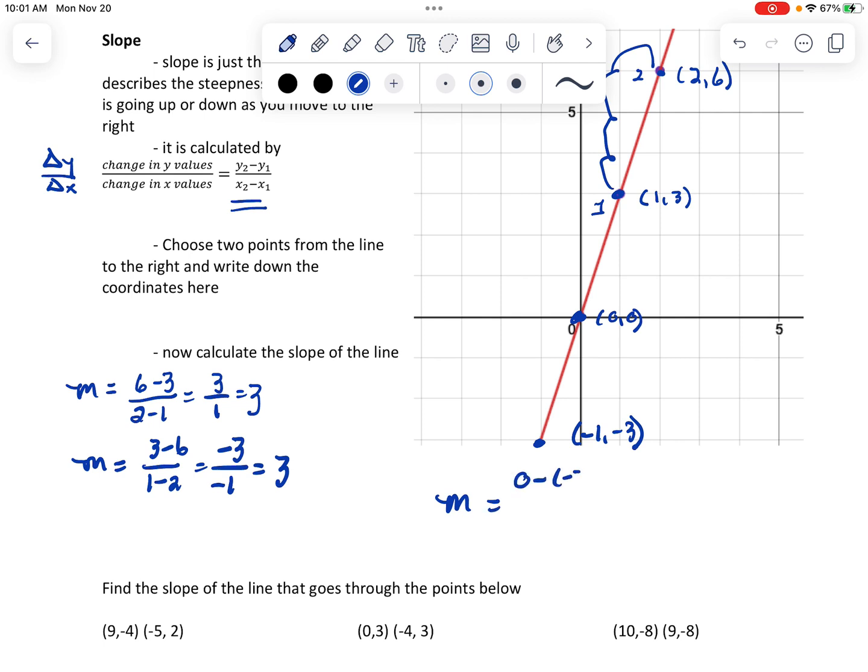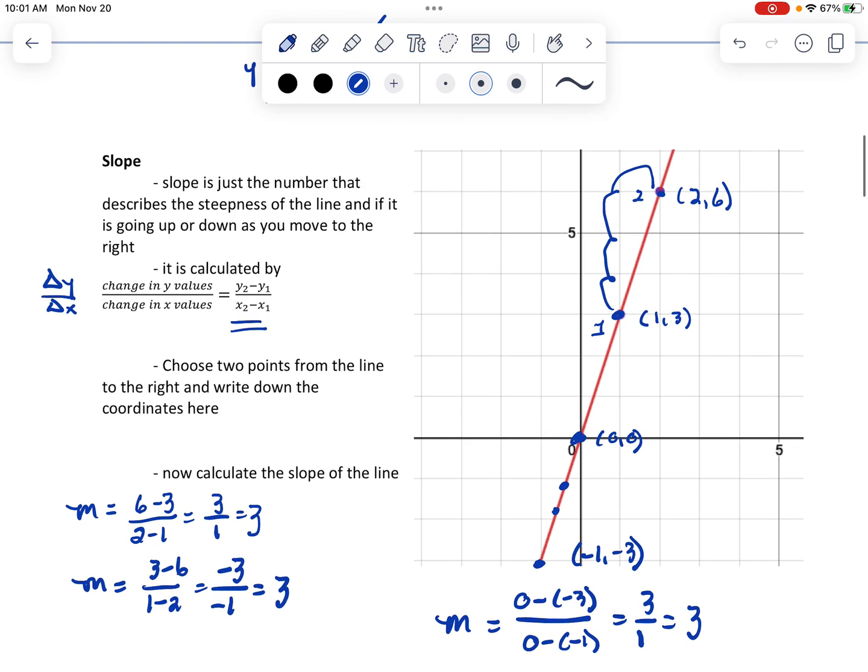0 minus a negative 3, 0 minus a negative 1, which is 3 over 1, which is 3. And that's characteristic of a line, and it doesn't have to be the whole numbers. If you pick these two decimals and you get the exact decimal and you calculate the slope between those 2 points, it will simplify to be 3. And that's one of the characteristics of a line, is the slope is the same no matter what 2 points